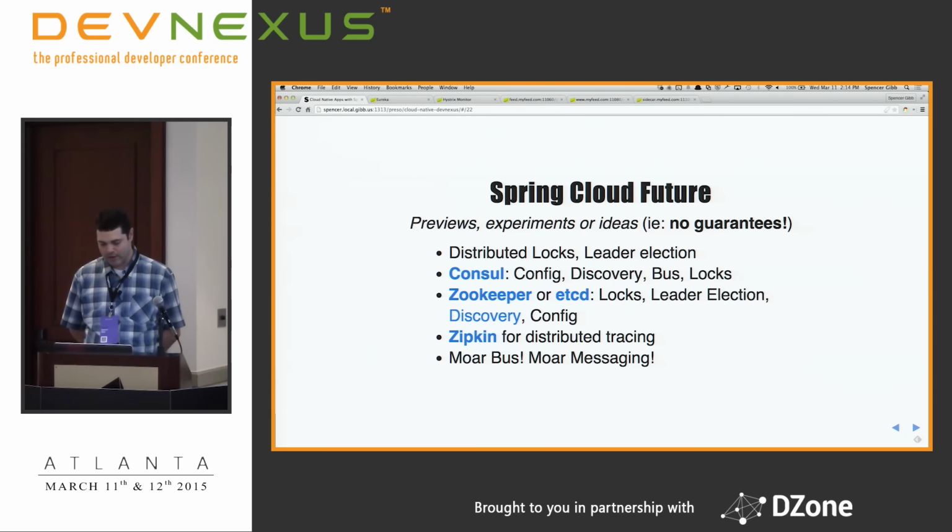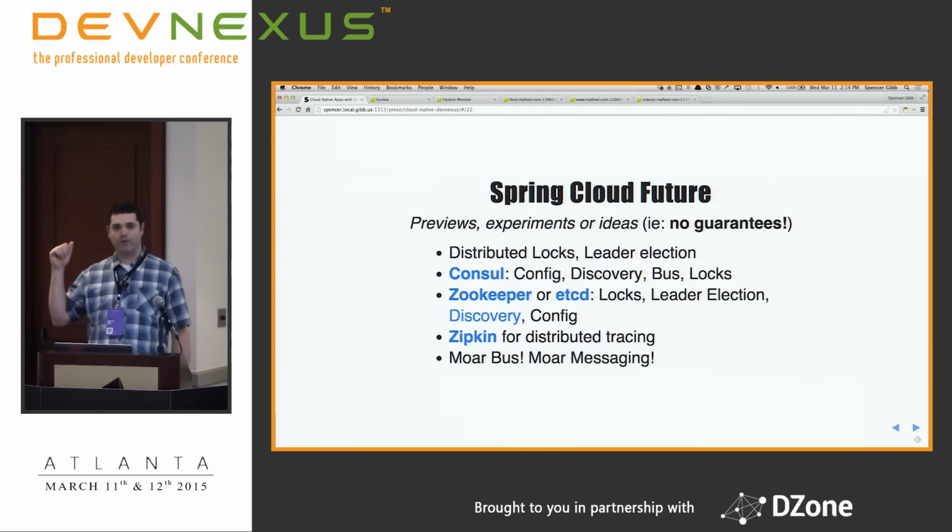I've been playing with Zipkin for distributed tracing, right? You have this big system, and you make a query, and it's slow. Well, where is it slow? And so with Zipkin, you can visualize where that actual slowness is happening through your distributed system, right? Pretty neat. We want to use this bus more, give developers more integration with it. So those are some of the things we're thinking about.